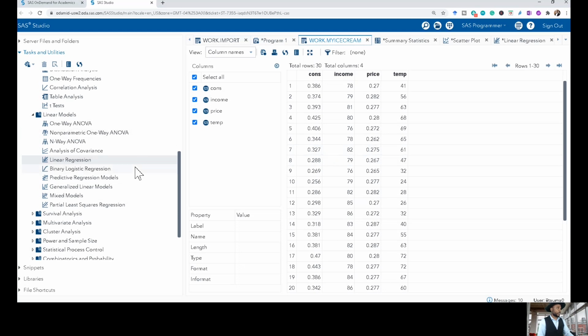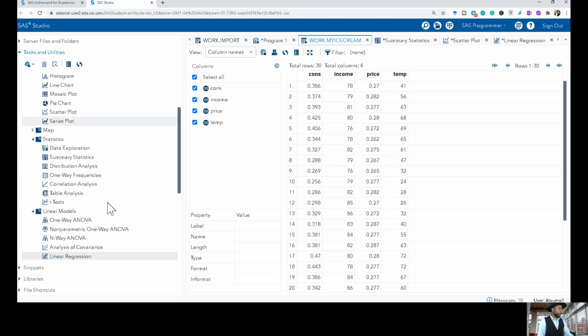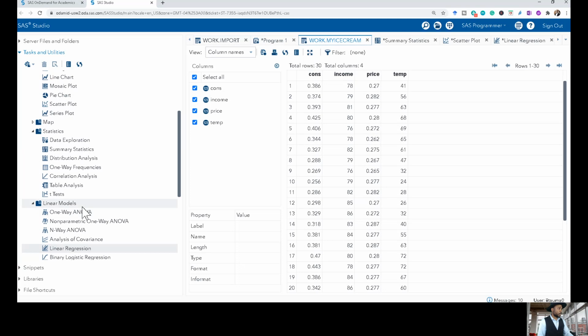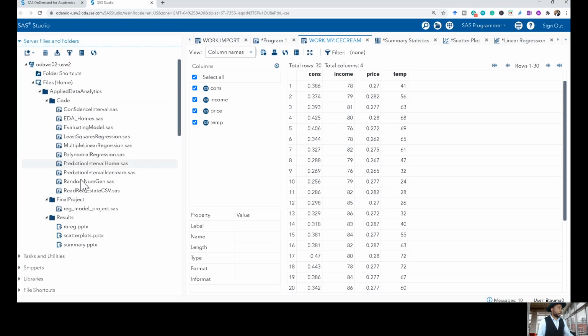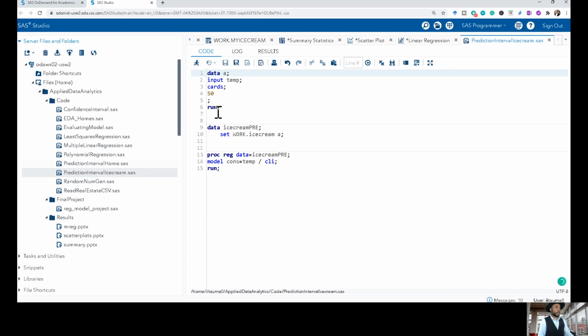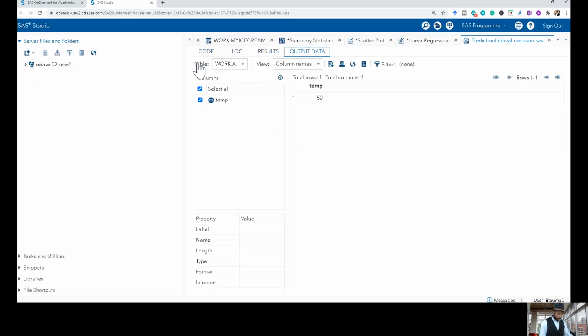How do we do that? For this, there is no task option, unfortunately, that will do this for you. So I have provided you the code. Here is the code, and I will explain this code. So up here, what I'm doing in this data procedure is creating a data set in which I have one variable called temperature, which is assigned 50. Now, if we run that alone,